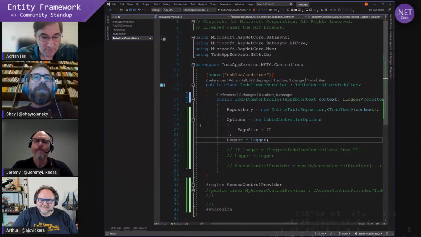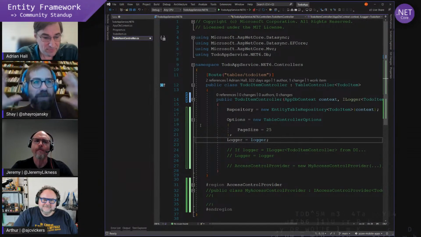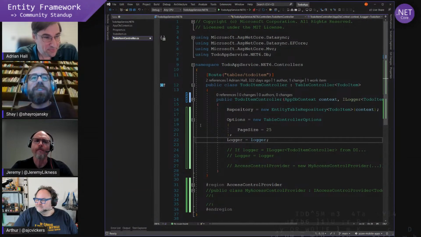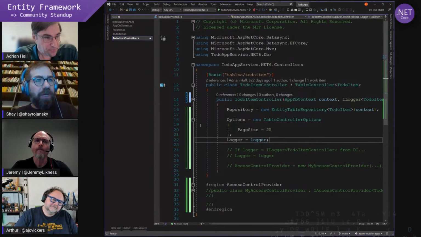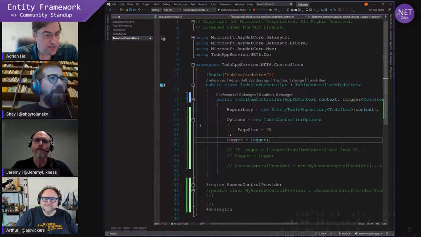So then, just to make sure I have my head around this correctly, if I did want to expose some sort of REST endpoint which does something fancy, like some group by query, some fancy LINQ query in EF terminology, and expose that as a REST endpoint, is that something that's possible? Or am I basically limited to the CRUD operations which you guys are providing here?